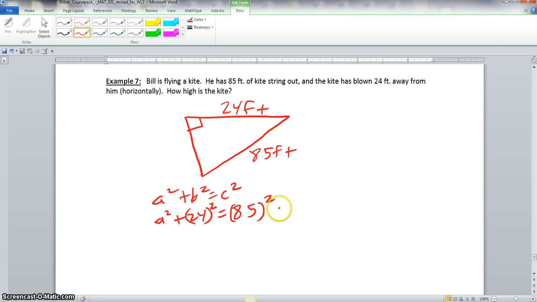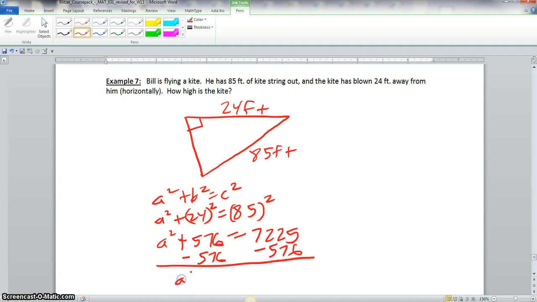Now 24 squared is equal to 576, and 85 squared is equal to 7,225. Now we're going to subtract 576 on both sides,